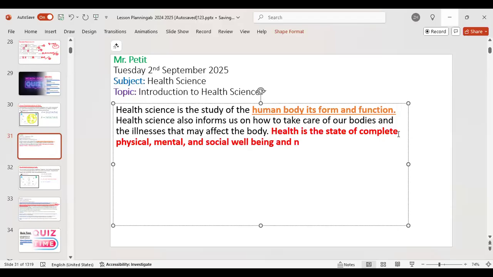and not merely the absence of disease. This is very important because in order for you to be described as healthy,